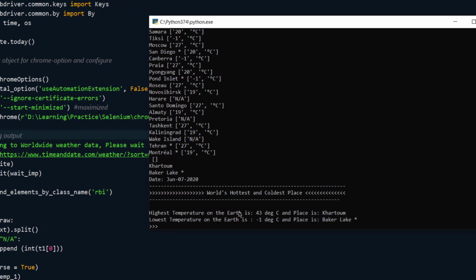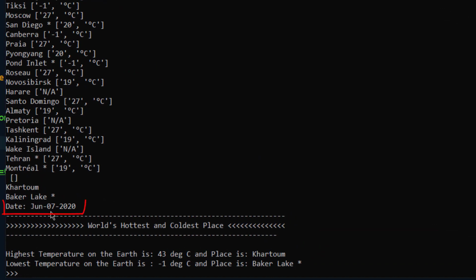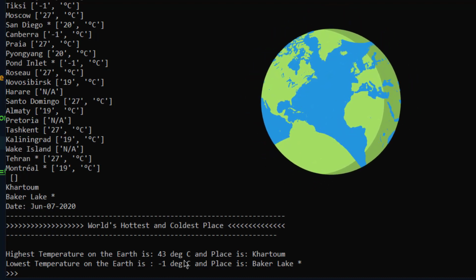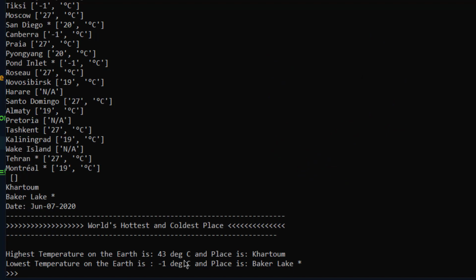So it has found out that at this moment, on June 7th at this time, the highest temperature on earth is 43 degrees Celsius, as claimed by this website. I'm not claiming it. And since we do not have an instrument that we can put across the globe to find out the temperature, we have to rely upon some services, and timeanddate provides those services.